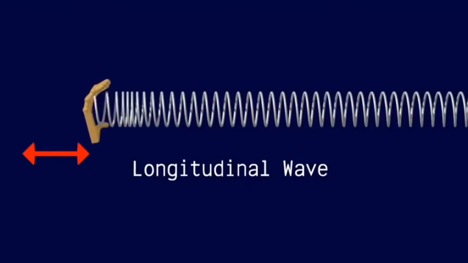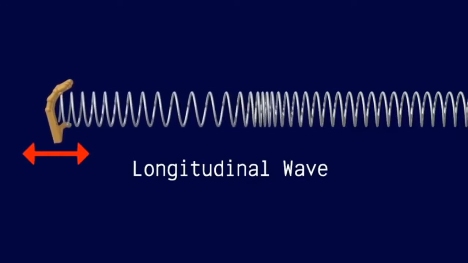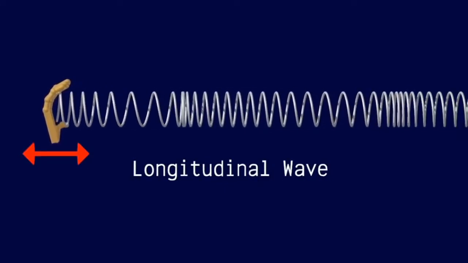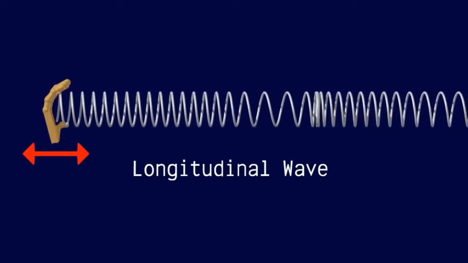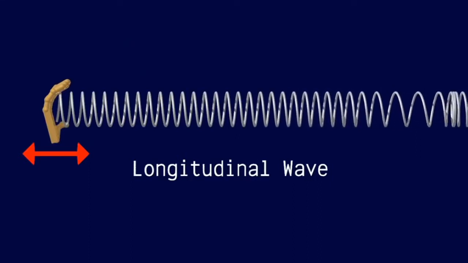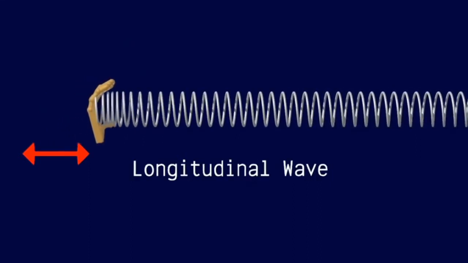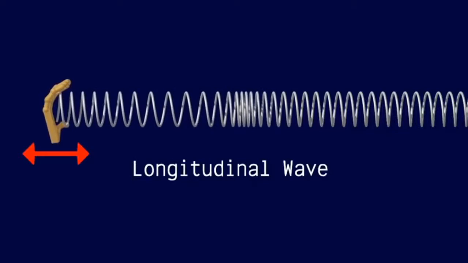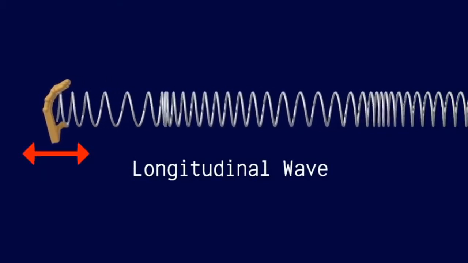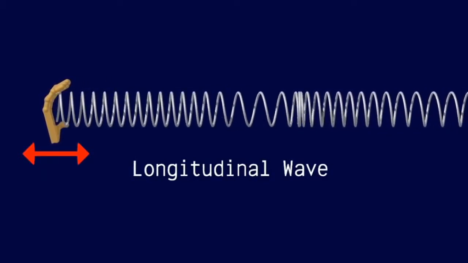To visualize this, a spring can be given as an example. As the spring starts to move forth, it begins to push the air molecules, thus causing them to be compressed because of the small space. When the spring moves backwards, or in the reverse direction, some space opens up and allows particles to move more freely.